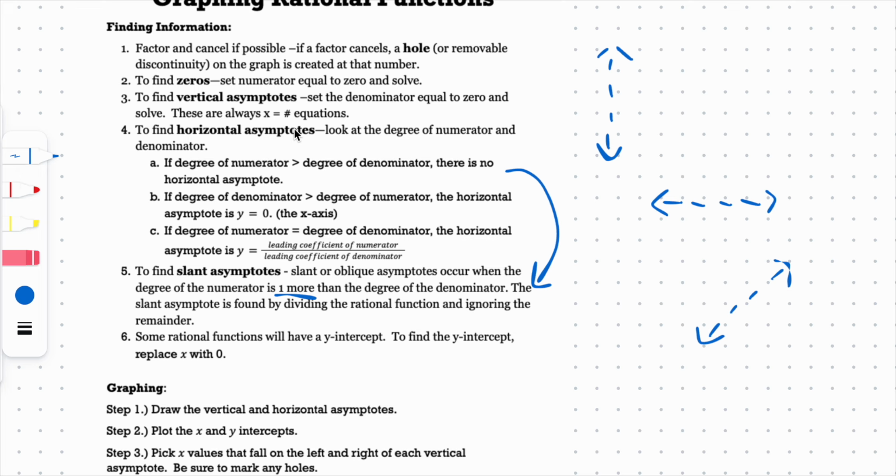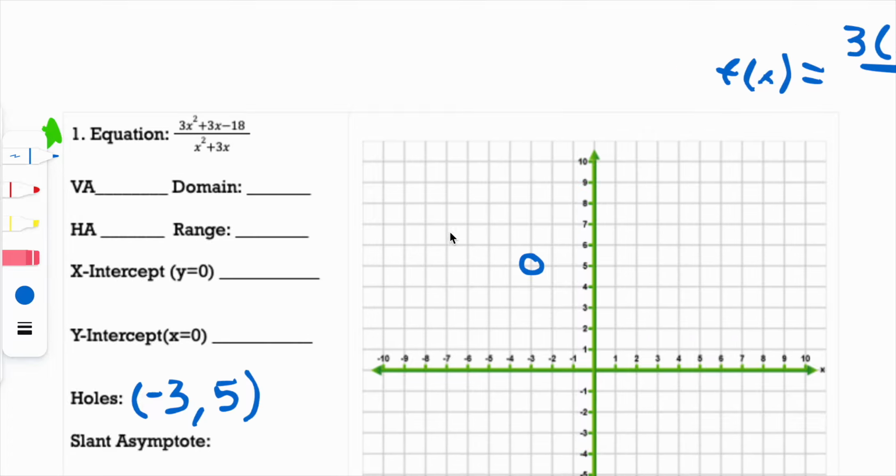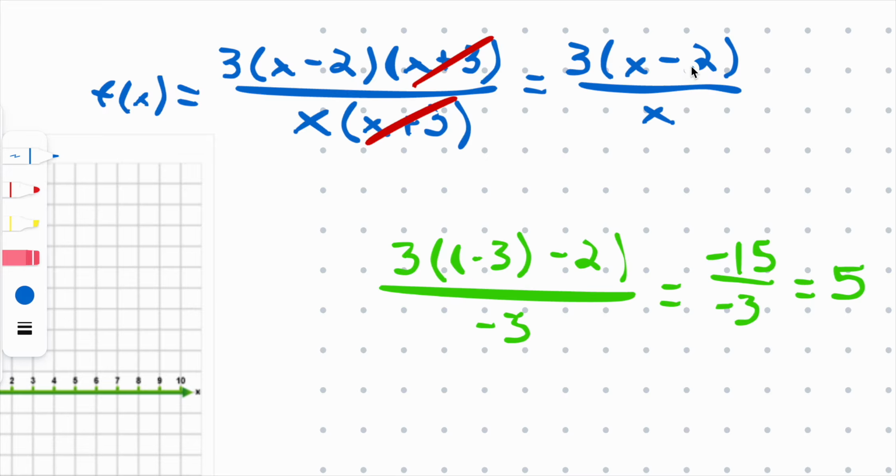And so that means setting the numerator equal to 0 and solving. So what value of x makes our numerator equal to 0? It's just going to be 2. So our x-intercept is going to be 2, 0, right? Because we plug in 2 here, 2 minus 2 is 0, 3 times 0,